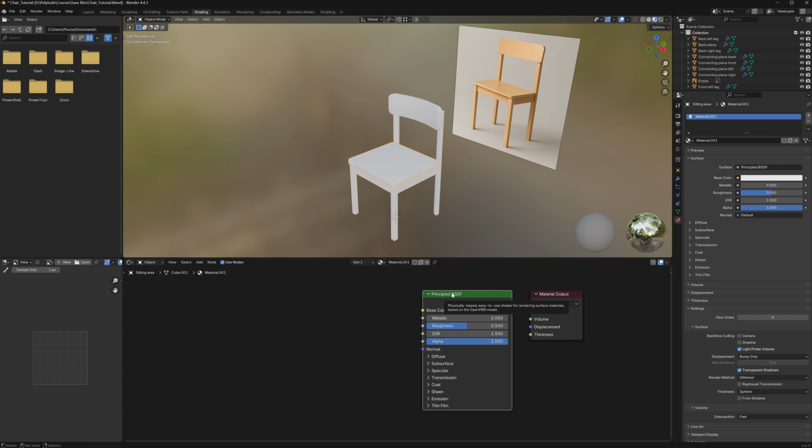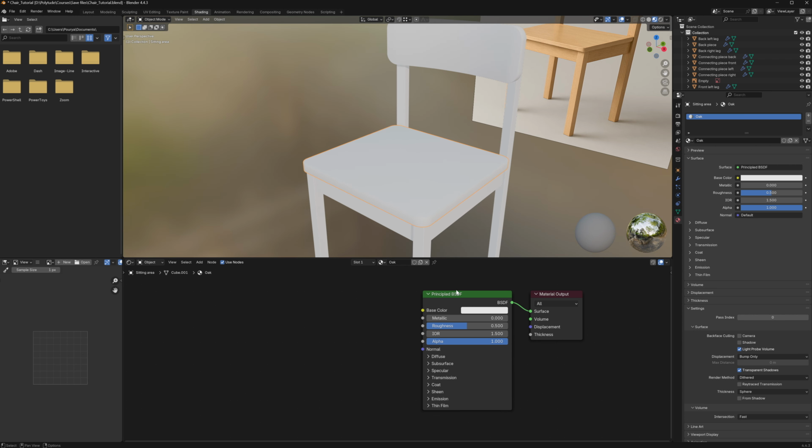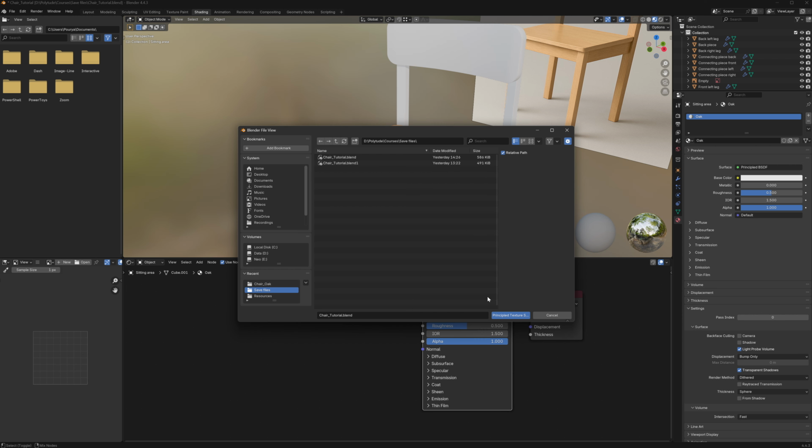Okay, back to our principled BSDF. So before I do anything, I want to rename this to oak, so we know that our material has a correct name. Next up, what I want to do is click on my principled BSDF, hold Ctrl-Shift-T, and then go to